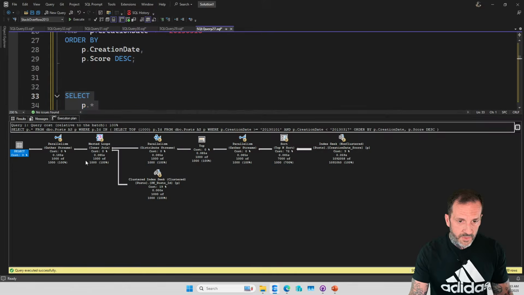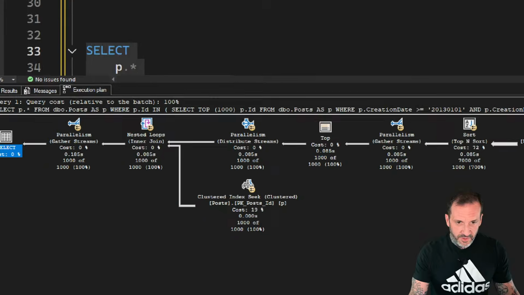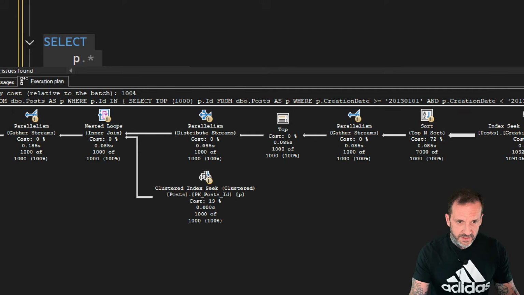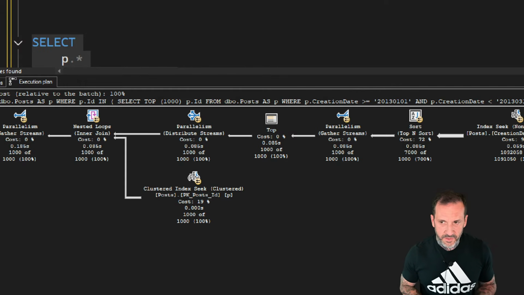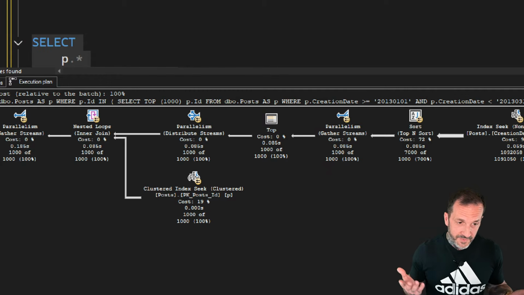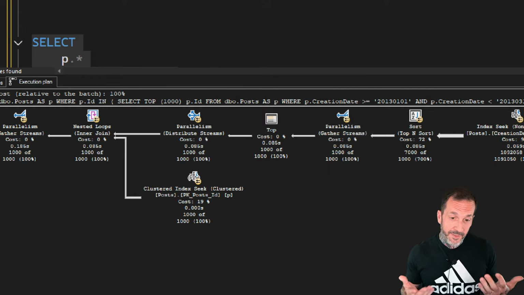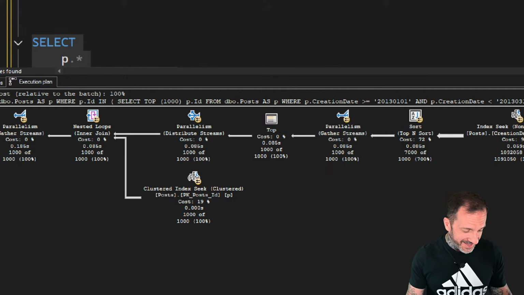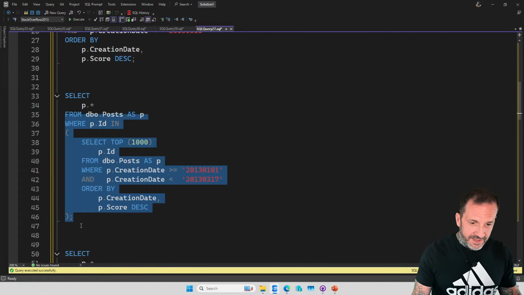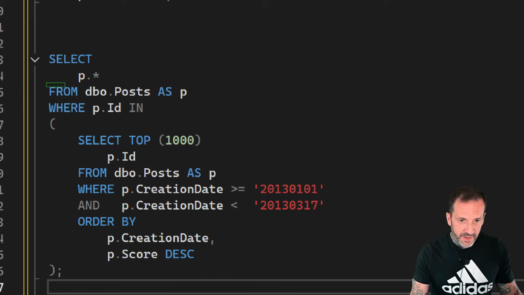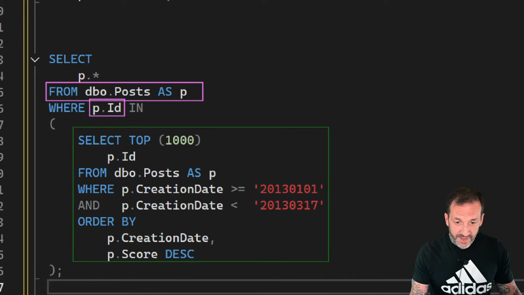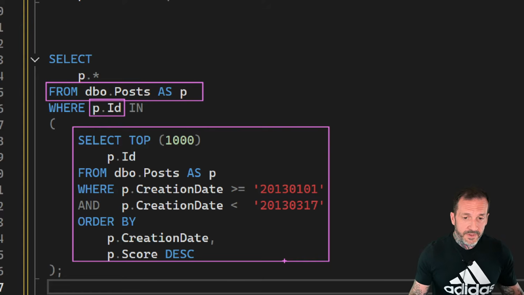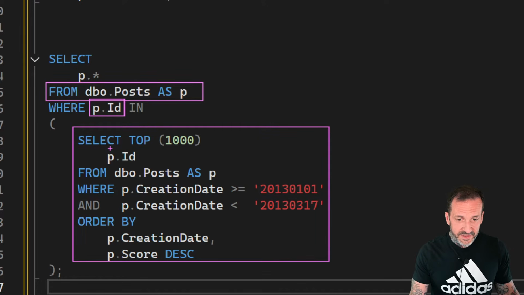Well, we can get much faster performance doing this, because we're taking advantage of some stuff that we know about SQL Server. One, it digs primary keys. Primary keys make things very easy. So if we just say select star from the post table, where the primary key, which is the clustered primary key, which is the ID column, is in these top 1,000 rows, well, SQL Server doesn't really have much to worry about here, because this is a very narrow select list for the top 1,000,